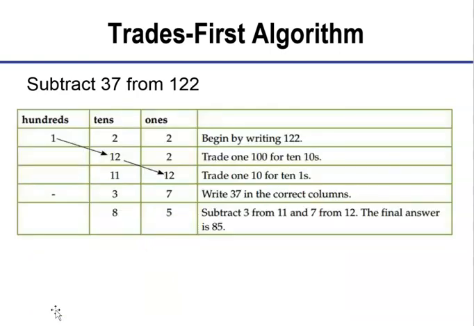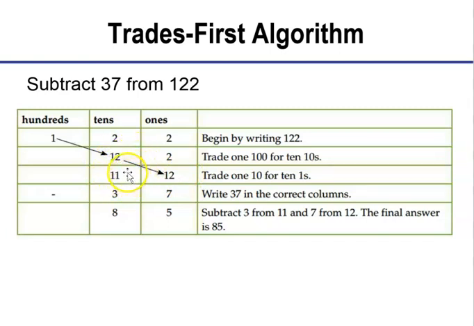And you can also do this in table form. So we started with 100, 2 10s, and 2 1s to represent 122. We're trying to subtract 37. I can't remove 7 from 2, so I'm going to trade in one of those 10s and add that to the 2 1s, which gave me 12. I can subtract 7 from that now. And